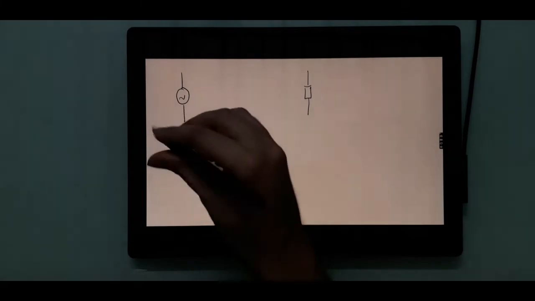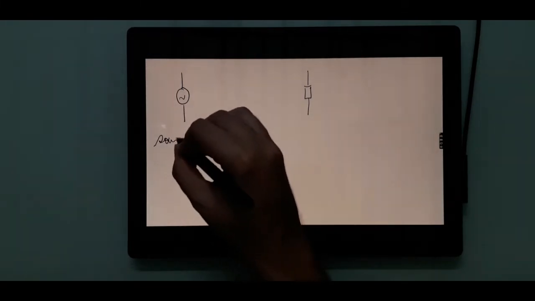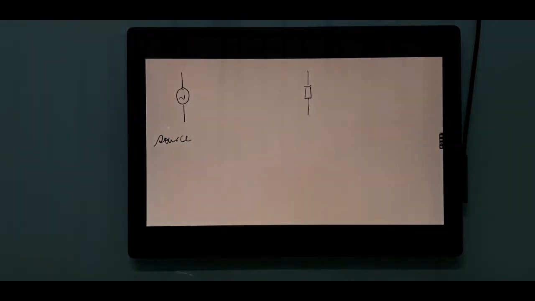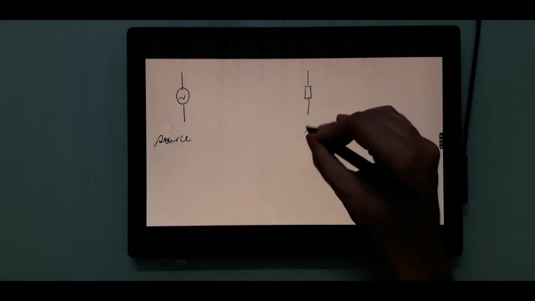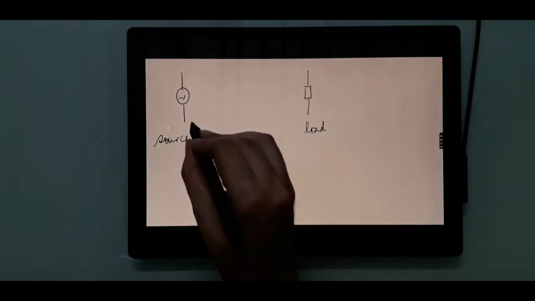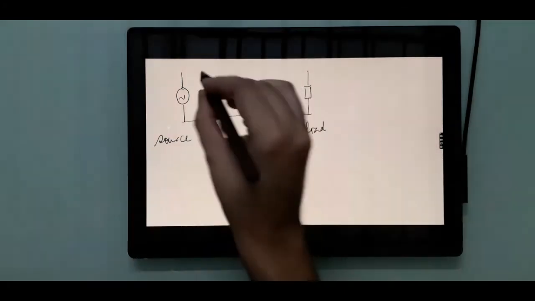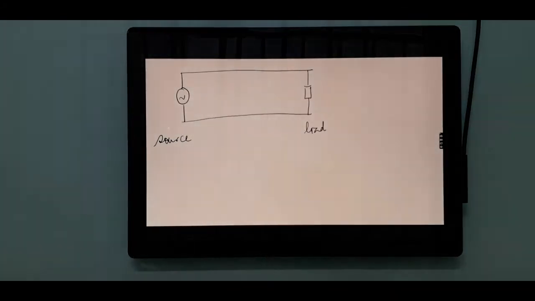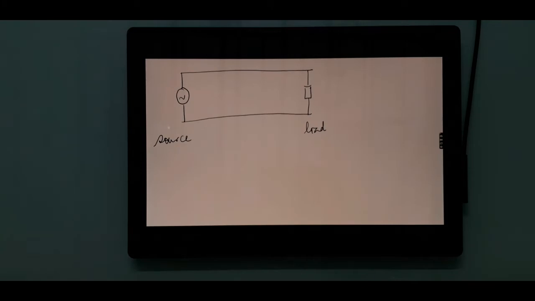Let's have a source over here, and let's have a load, and let us connect them by means of two conductors. I shall come back to that current carrying conductor generates a magnetic field in a short while, but